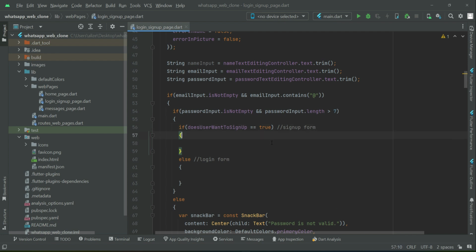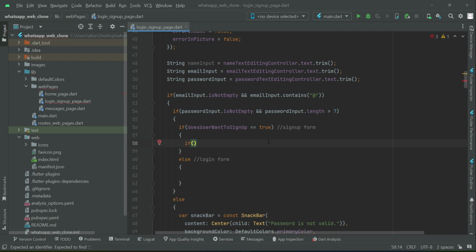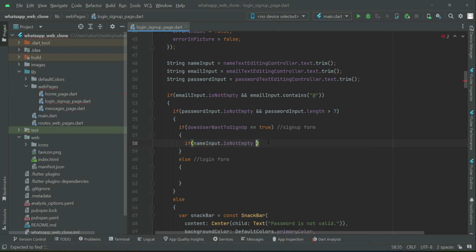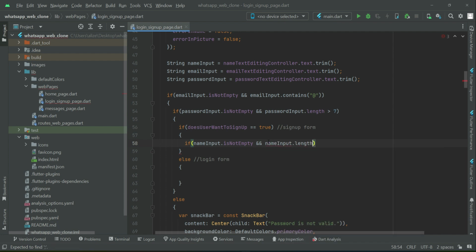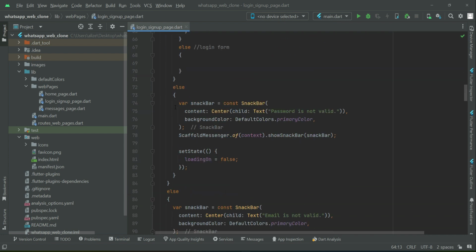So now for the sign up here, first we will check if the name input must not be empty, and also the length of it must be greater than or equals to 3, which simply means 3 or greater than 3 characters. Let's say if it is less than 3 characters, or if it is empty, then we can simply display this